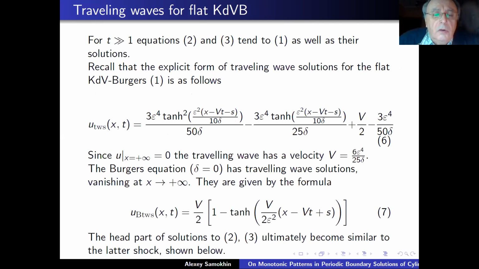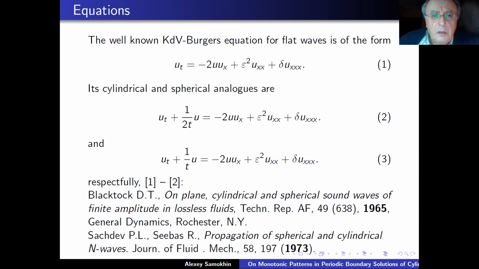As t grows, the new terms in these cylindrical and spherical equations tend to zero, and the equation itself tends to the simple KdV-Burgers equation. I think there is nothing to comment. As t grows, this term tends to zero as well as this, and we come to the first equation. Therefore, I want